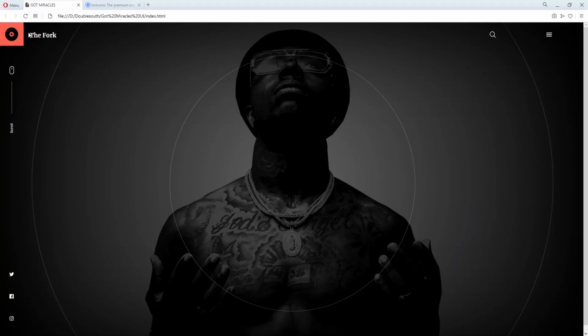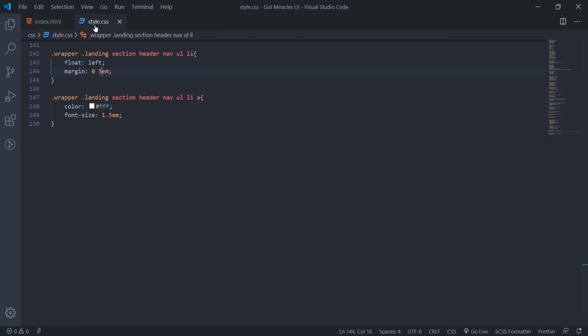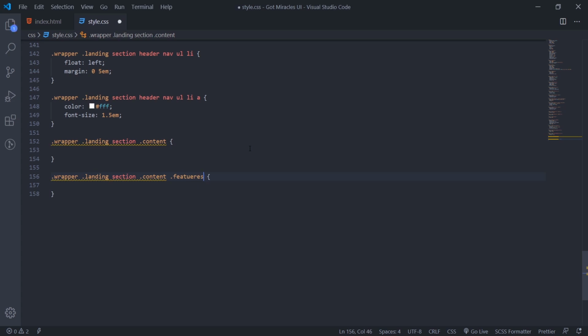Alright. So if I refresh now, see it is somewhere here, it's black. So I'll go back to my code, then more CSS to arrange this in one kind. So we'll target this section. We'll copy each section here. Then dot contents, landing section contents. Okay. Then go target dot features.